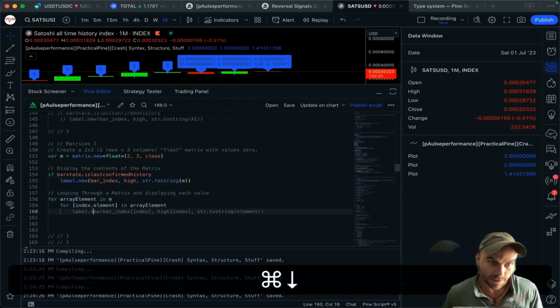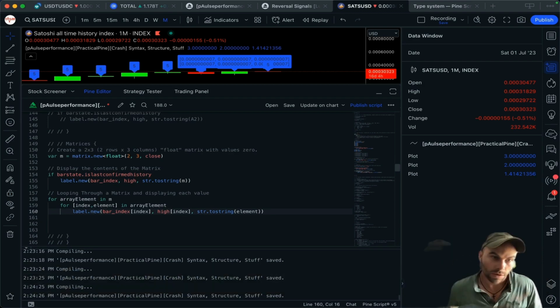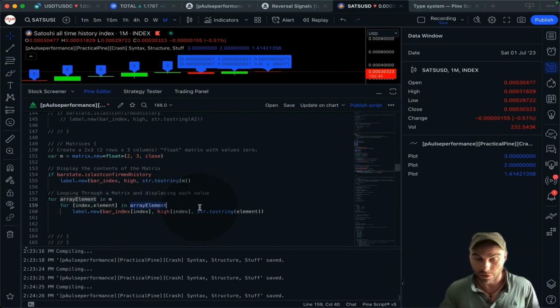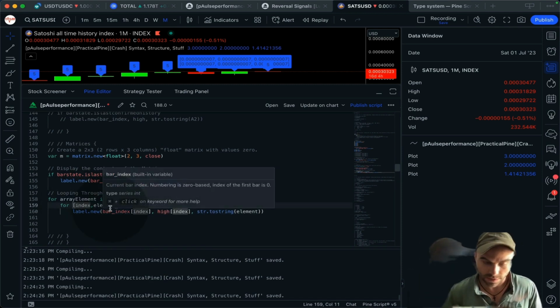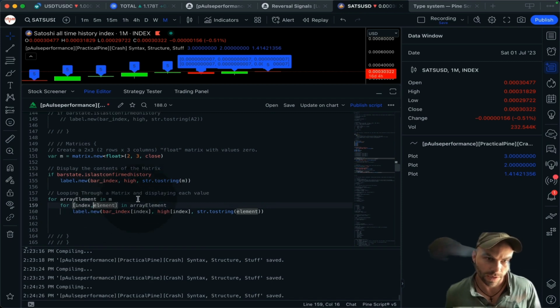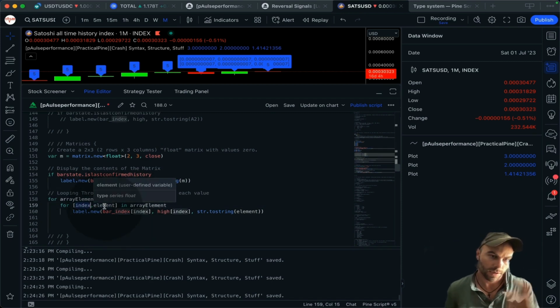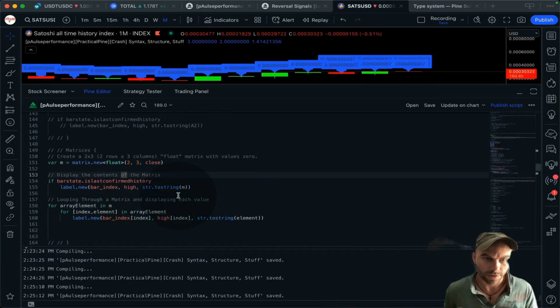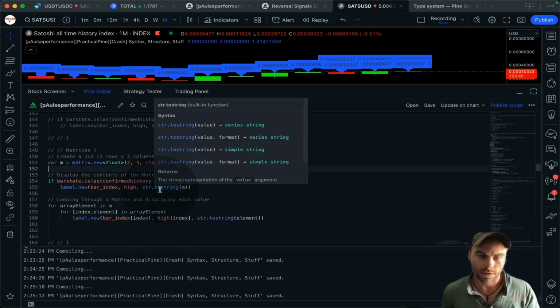And since the matrix is rows and columns, you'd have to do a double for loop. So for array element in the matrix, and then for the element in the array element. So then it loops through the row and the column. And in this here, this notation is a little bit different. So when you do for in, you can actually have it give you the index and the value that's in that array. And I don't expect you guys to understand this completely because this is more of an advanced concept,